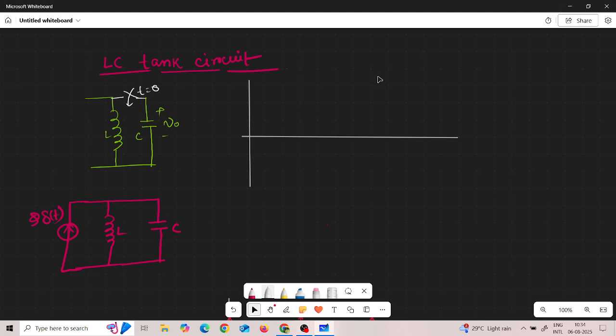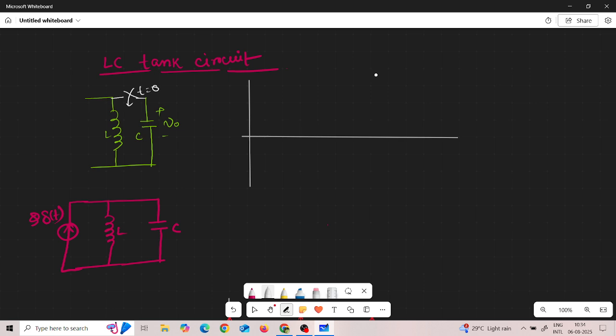Hello, so today we are going to discuss the impulse response of an LC tank circuit. Now first let us consider this circuit. This is a simple LC tank circuit. Here the inductor and the capacitor are connected in parallel, like at t is equal to 0 when this switch is